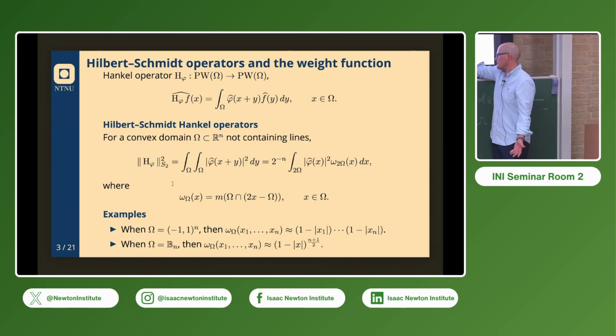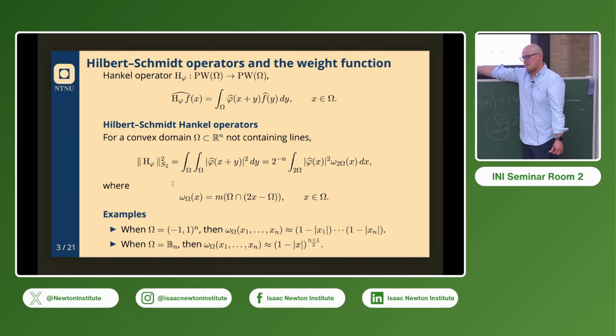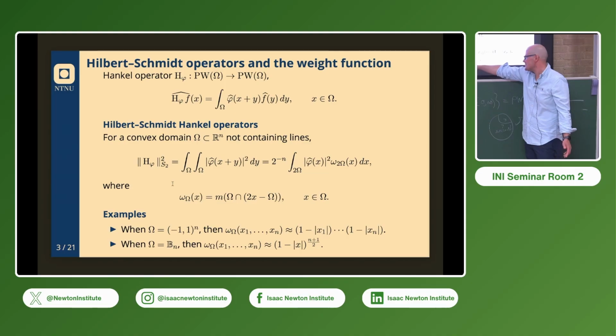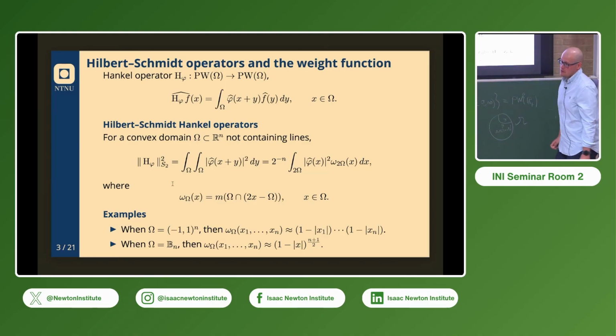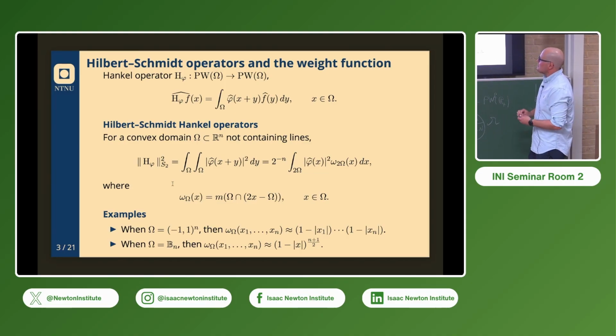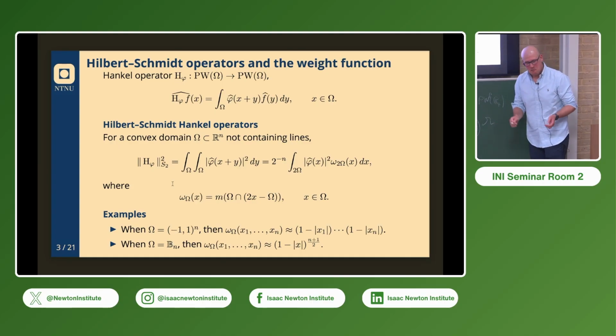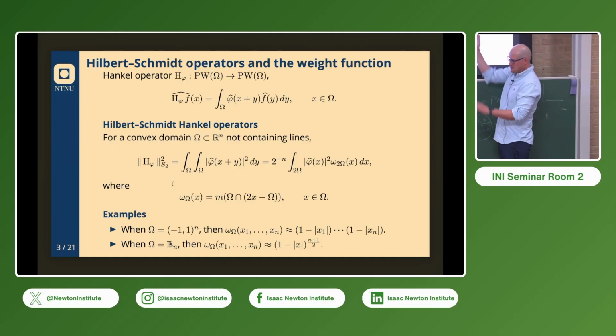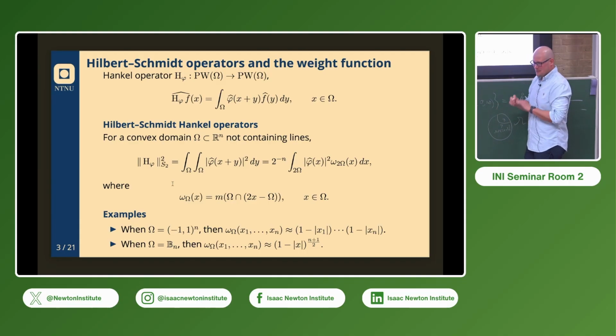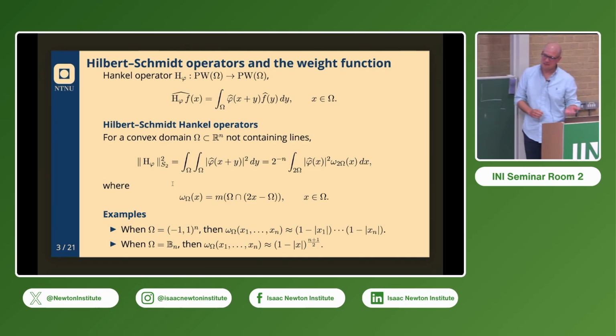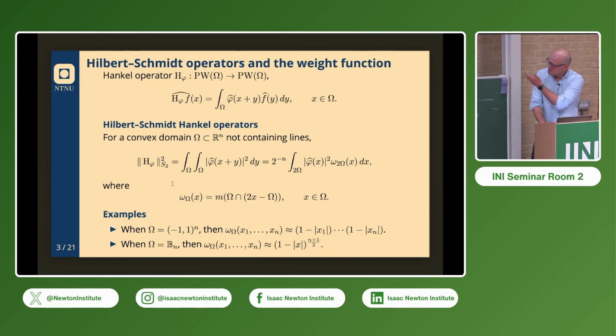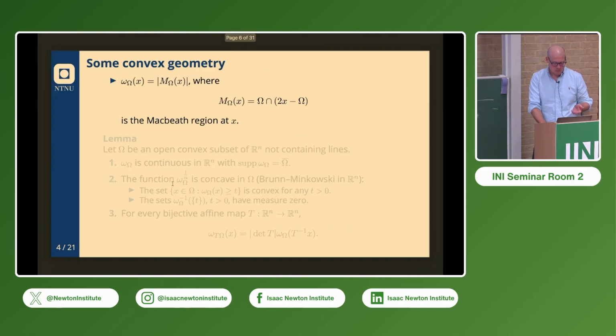But of course, if you're in the ball, this weight behaves, so this is on the Fourier side, right? These are L^p functions with Fourier support. Then the weight on the Fourier side behaves like the distance to the boundary to a power. There are many other reasons, but this is one reason why this is a natural weight to put into your Sobolev-Besov spaces in this setting. I can give you other motivations later, but let's just accept it for now. If you want to describe this convolution type operator, you better have something to say about this weight.